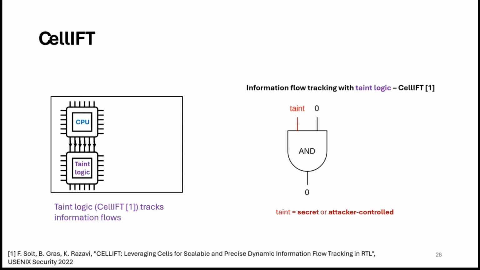I have here one example on how it works for an AND cell or gate. The cells can also be things like multiplexers and so on. Here in the AND, we have one input that is public and one input that is tainted. In this case, let's say the tainted input is secret data. The output of the AND will always be 0. Thus, we cannot learn anything about the secret in this case. In another case, when the known input to the AND gate is 1, then the output of the AND depends only on the tainted value. So in this case, the taint controls the output, thus we learn the secret, or an attacker could control the output.